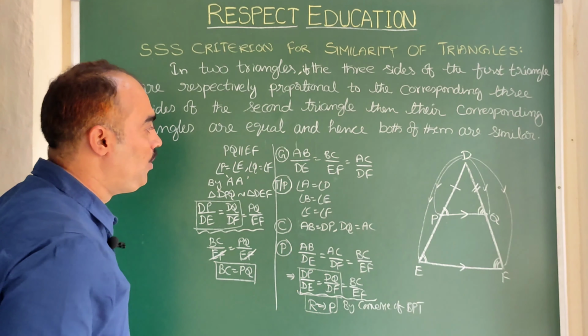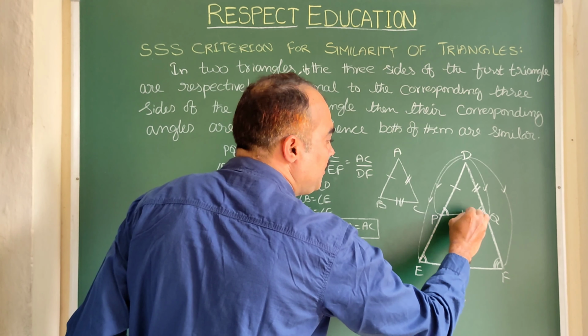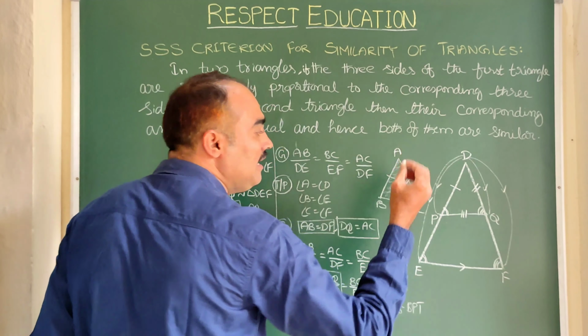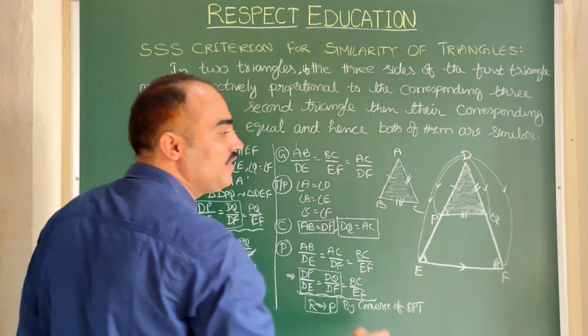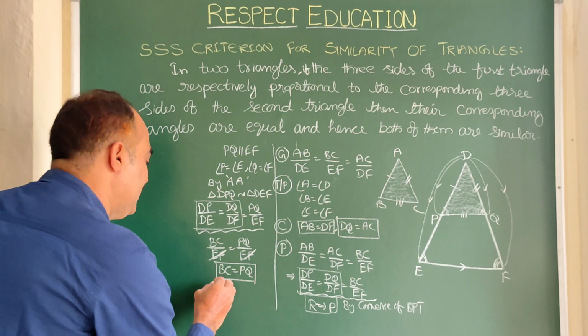On the basis of these three, now again let us bring back our original triangle, that is ABC. Now you compare: AB is equal to DP by construction, AC is equal to DQ by construction. Just now we have arrived at BC equal to PQ. That means all three sides of triangle ABC are equal to the corresponding three sides of triangle DPQ. That means these triangles are congruent by SSS congruency.